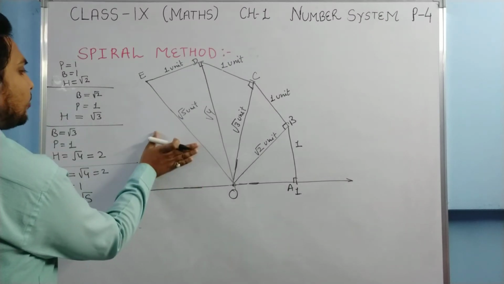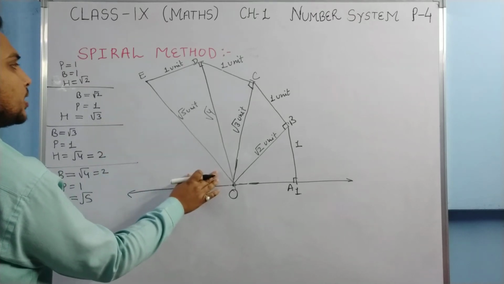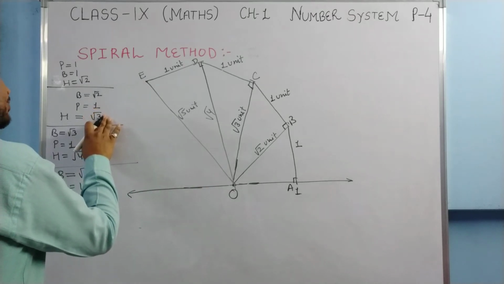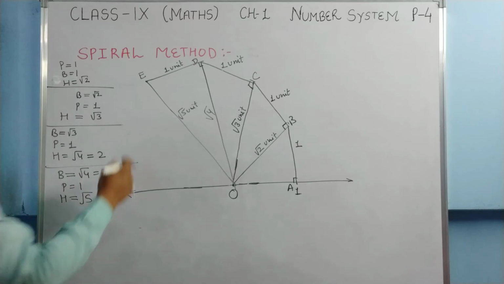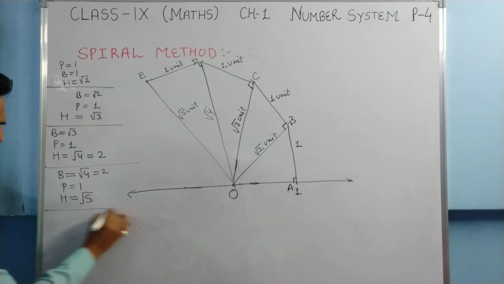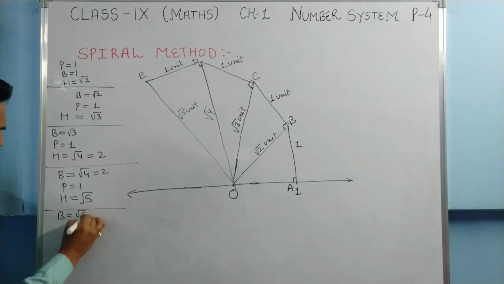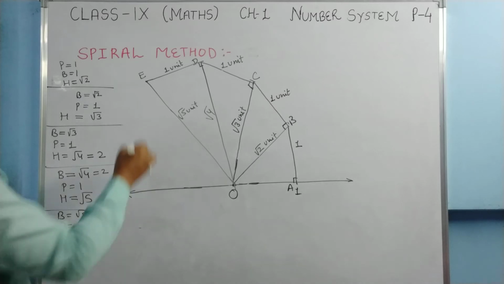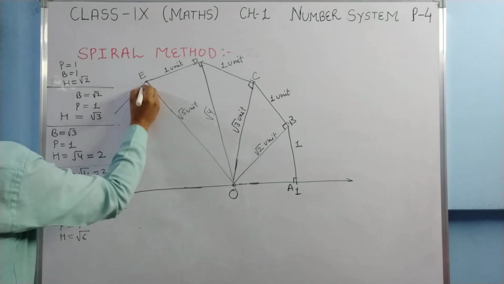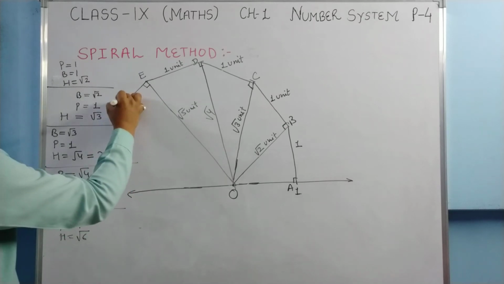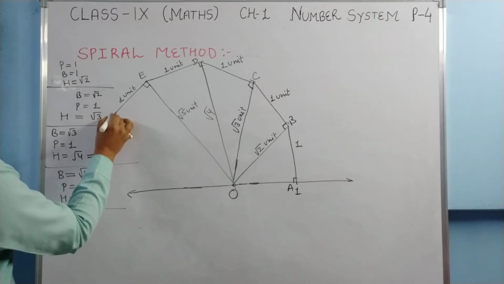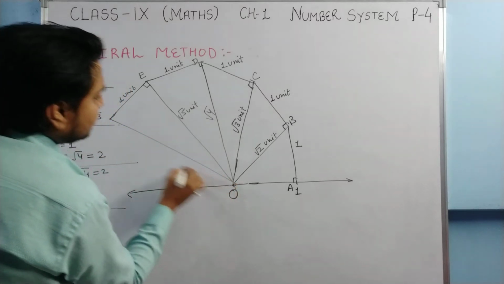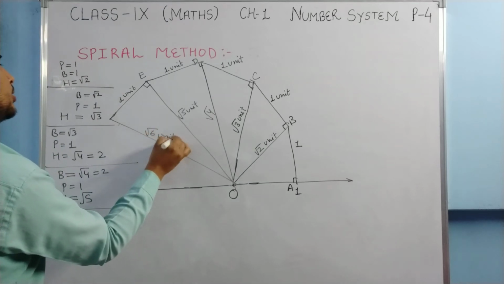What I am doing here is supposing the hypotenuse as the base and then drawing a perpendicular on that base, and then joining it to O. Again, if we take the base as under root 5 and the perpendicular as 1, then what hypotenuse will we get? Under root 6. It is 90 degrees, it is 1 unit, as we have done previously also. Then if we take this distance, it will show under root 6 unit.